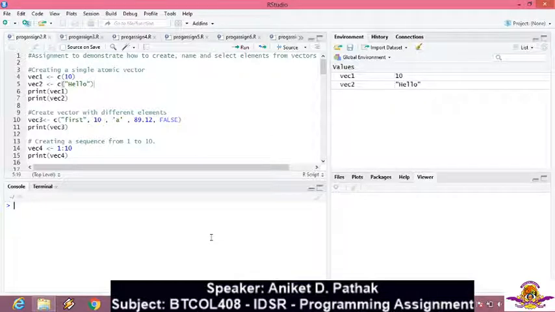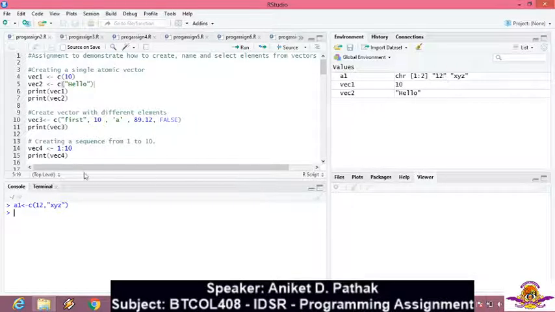We will not disturb the script. Suppose I have an object A1. I assign it a vector C and I give it 12, comma, in double quotes, x, y, z. So my vector has two elements, that is 12 and x, y, z. If you observe in the values, A1 has the data type character, with two elements, 12 and x, y, z.